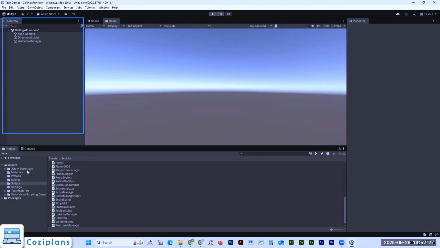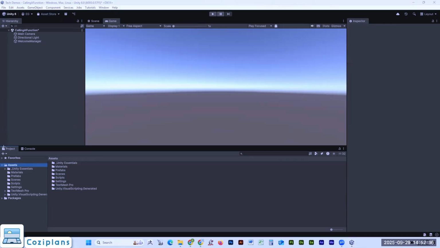And then you'll come down to your scripts folder. If you haven't made a scripts folder inside the project folder down below, you're just going to come down to projects here. I would create a folder for scripts because you're going to have a lot of scripts as you build your apps, your games, and so forth. So I went ahead and created a scripts folder for myself, and inside that I'm going to open that up